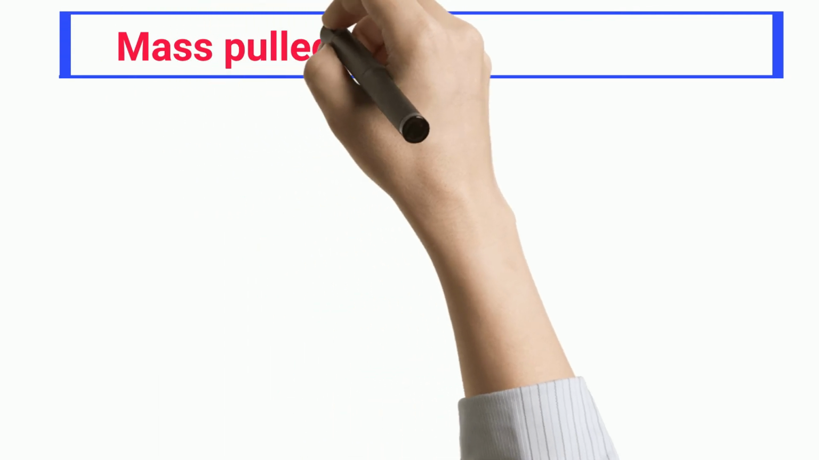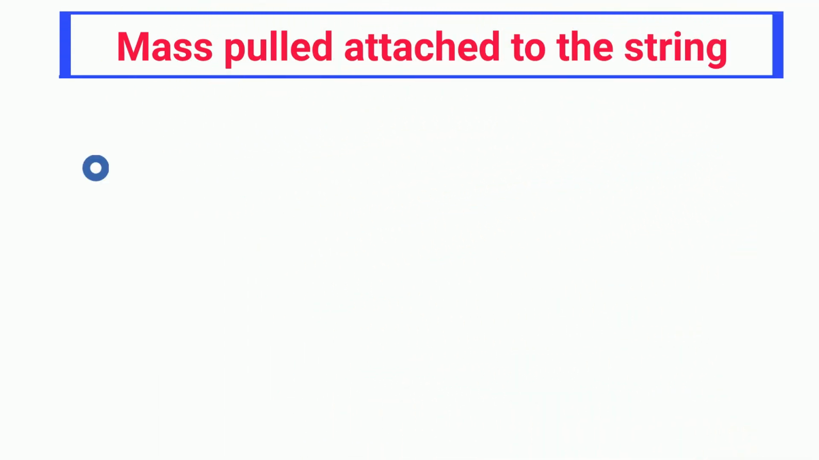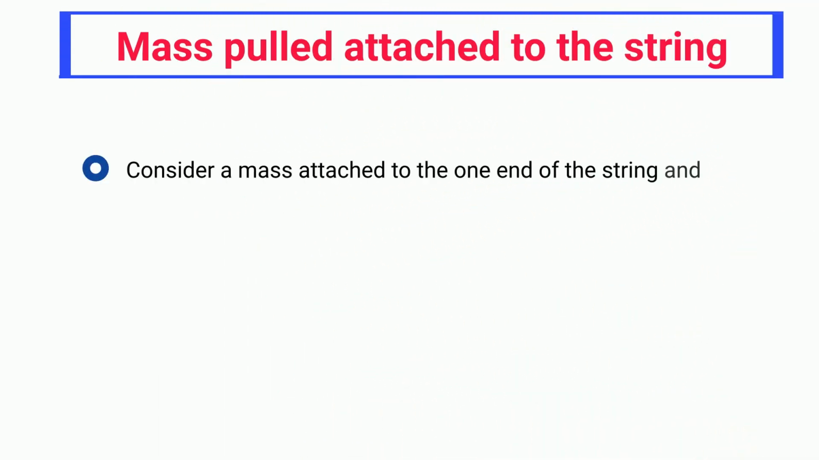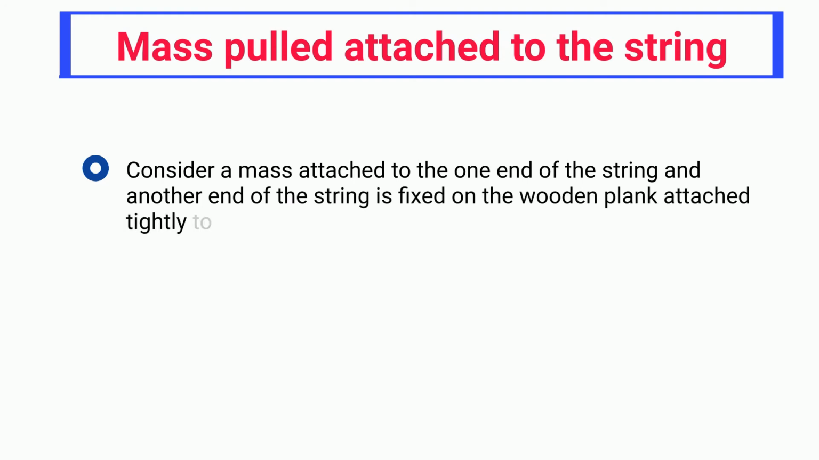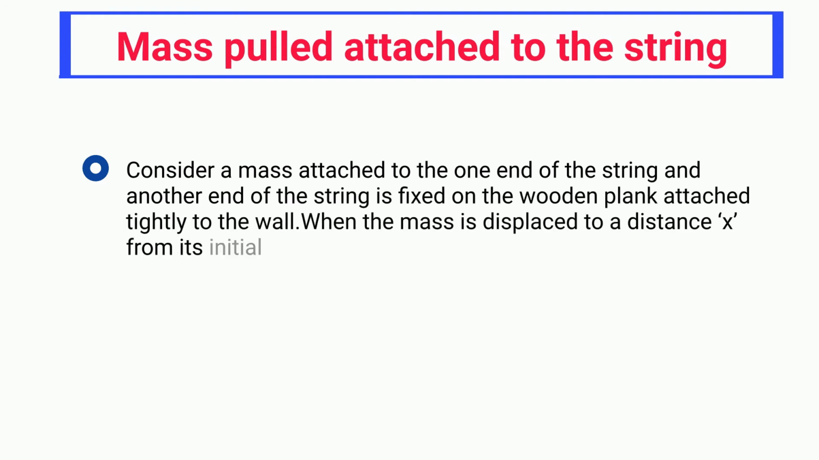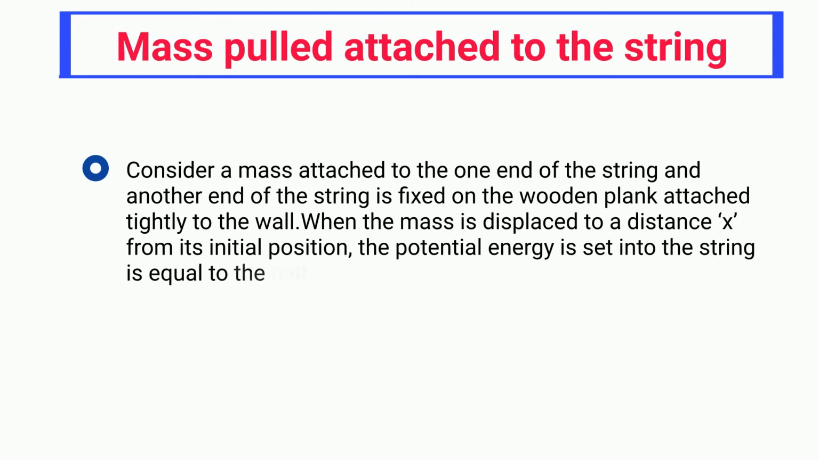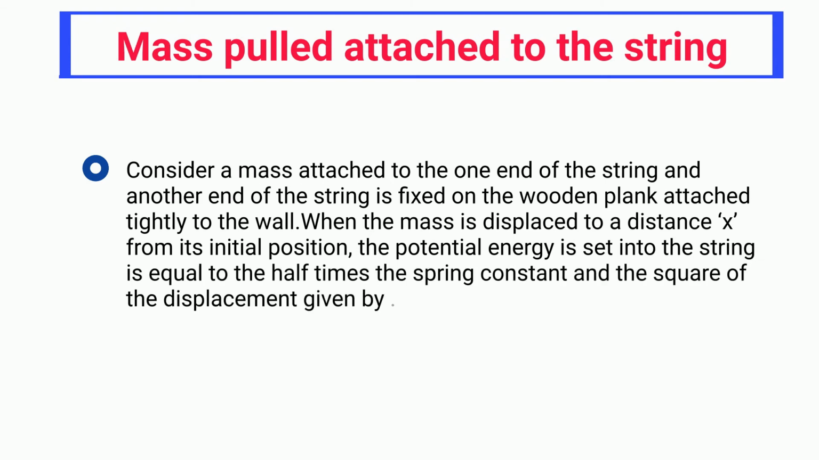Mass pulled, attached to the string. Consider a mass attached to one end of a string, and the other end of the string is fixed on a wooden plank attached tightly to the wall. When the mass is displaced by a distance x from its initial position, the potential energy set into the string is equal to half times the spring constant and the square of the displacement, given by